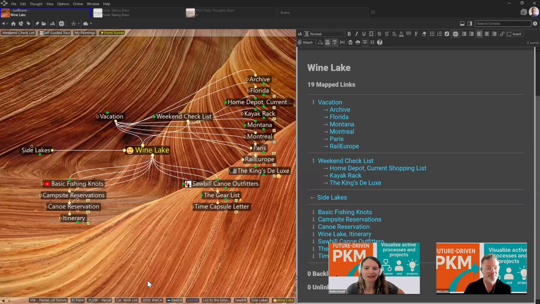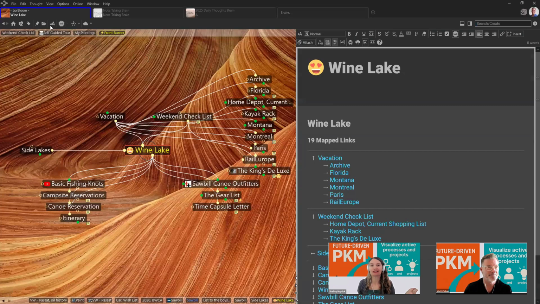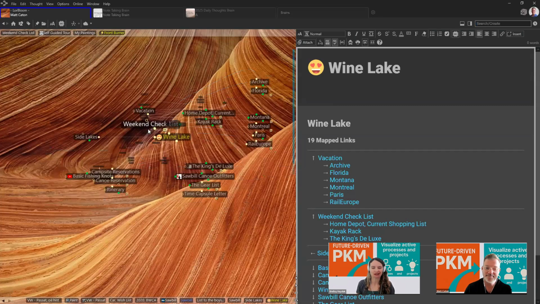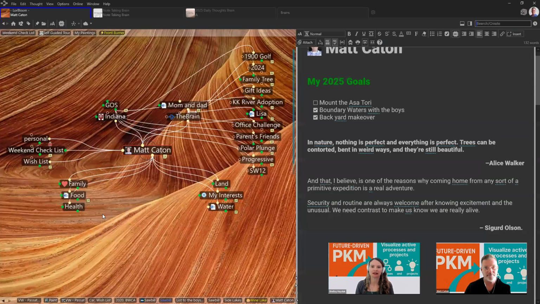All right, great. And somebody just asked whether there are any limitations to thoughts, and is that why we have a lot of separate brains? I just want to clarify, I actually have one big brain for everything. That is my preference. It's a little bit different from Matt, but I have a lot of satellite brains because I like to share them, or archive them and send them to users. So that's why those brains are separate. But just to clarify, no, there is no limit.